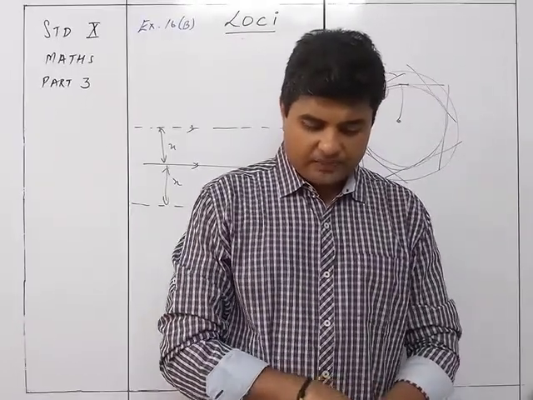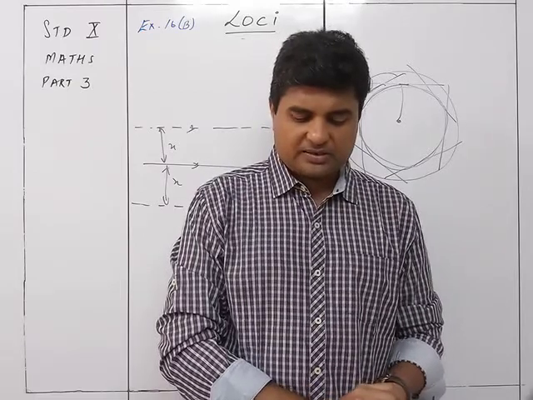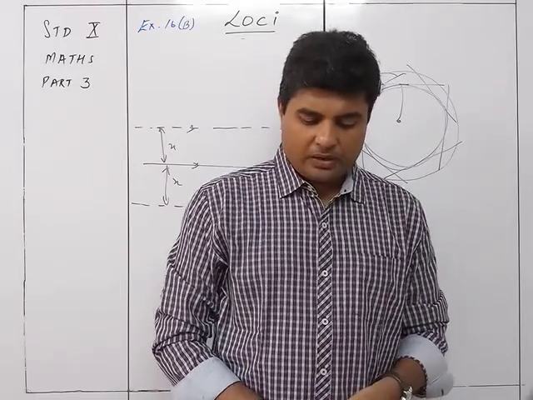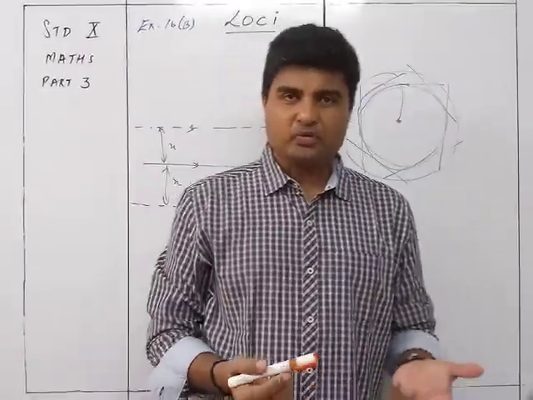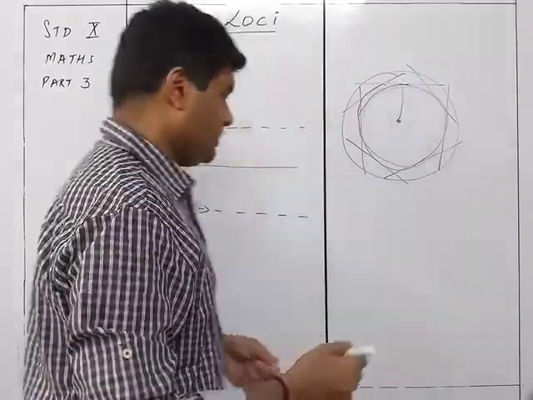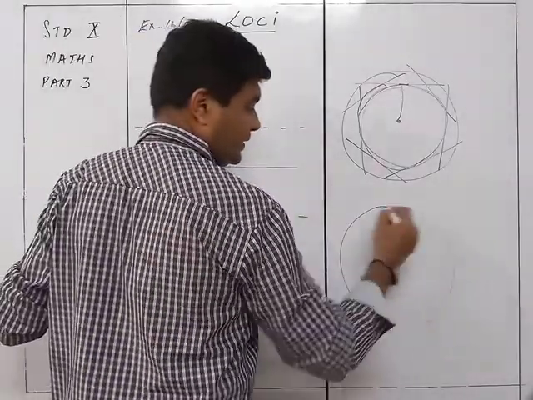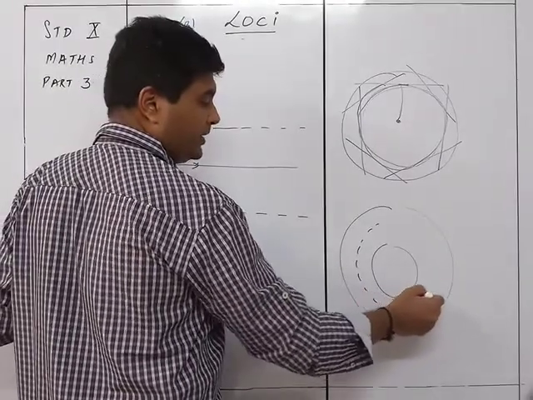So that's a diameter. And finally, the locus of a point equidistant from two concentric circles is the circumference of a circle concentric to the given pair, midway between them. So just like it was midway between two parallel lines, it will be midway between two circles. So one circle over here, another circle over here, and the locus will be in between, like this.